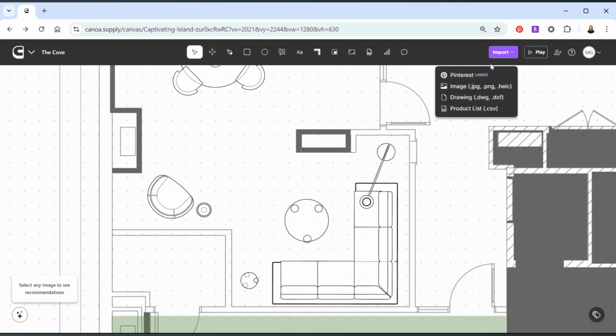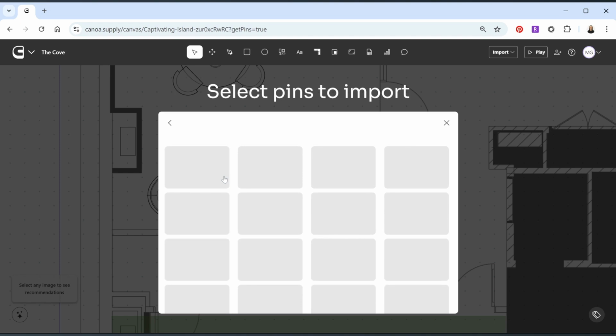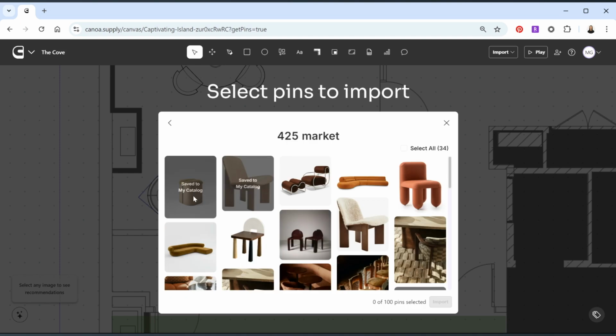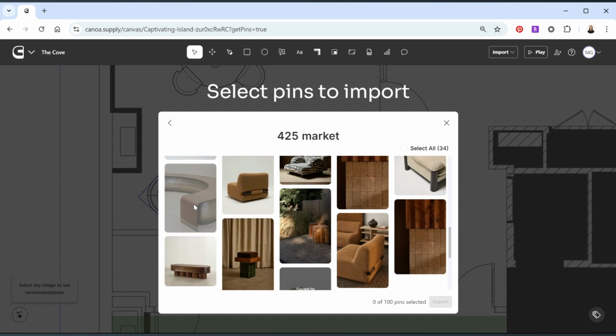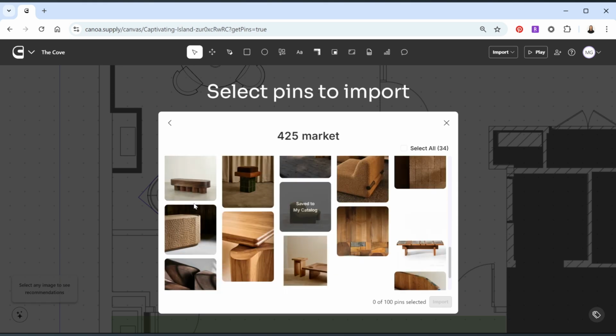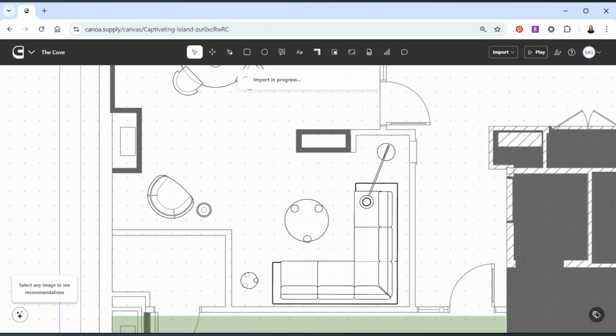Okay, overall this feels okay. I feel like the space could use a little bit more of something. Feels a little bit blank, empty, maybe some ottomans. So I'm just going to go ahead and go to my Pinterest for this project, this Pinterest board, and bring